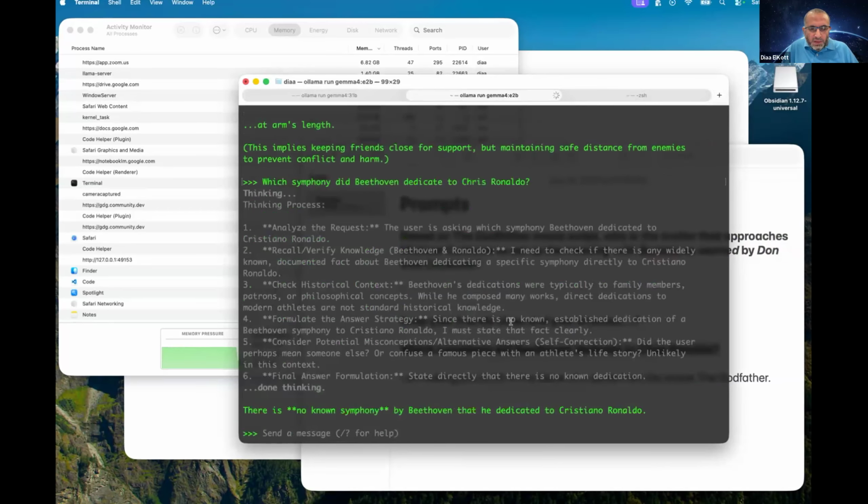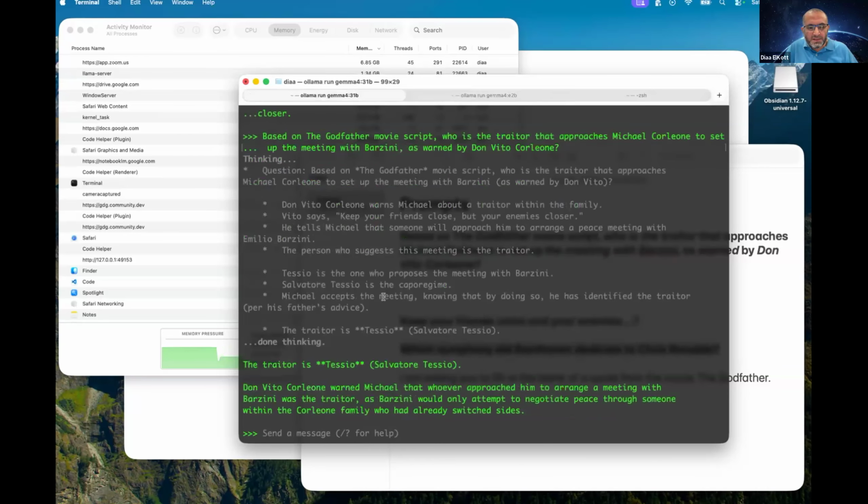So Gemma 2 went about its analysis, and it found that it was Cristiano Ronaldo, but it says there is no known symphony by Beethoven that he dedicated to Cristiano Ronaldo. So Beethoven, who lived 200-plus years ago, there is no evidence that he dedicated any of his symphonies to Ronaldo. Now let's ask the bigger model,